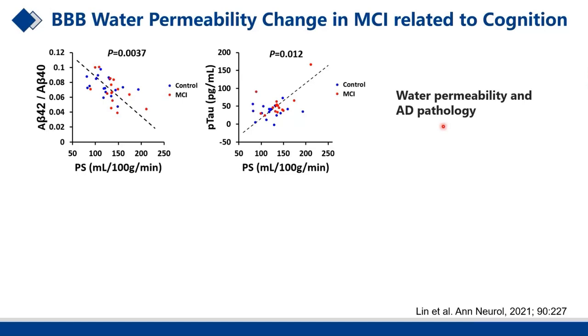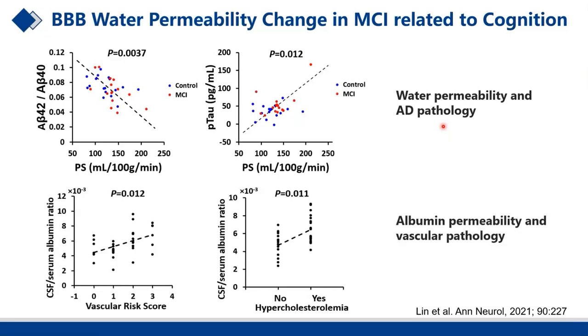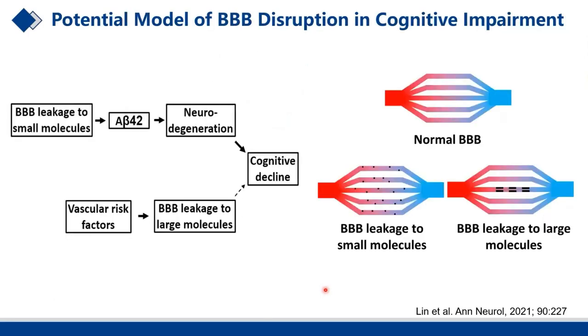We didn't see any correlations with the albumin permeability. But we do see that people who have higher vascular risk scores have a higher CSF serum albumin ratio, especially in people who have hypercholesterolemia, suggesting that the albumin permeability is more related to the vascular pathology. So combining all the findings that we have in this study, we actually proposed a potential model of the BBB